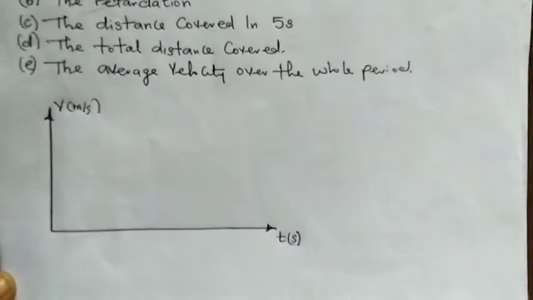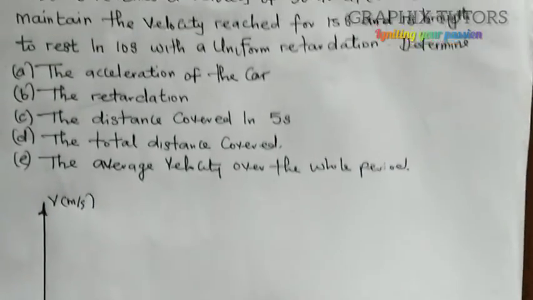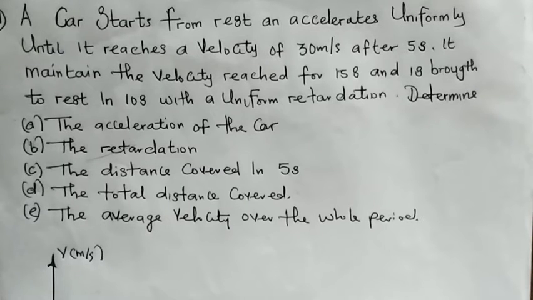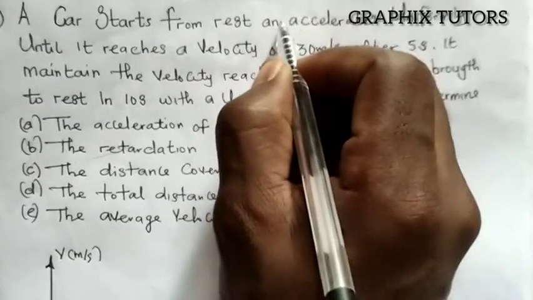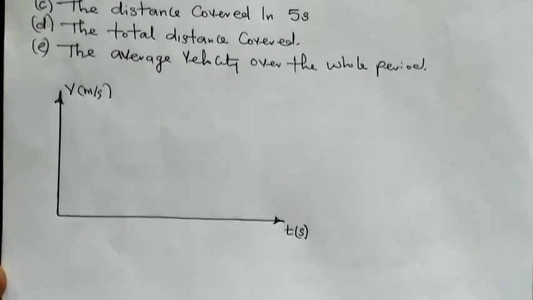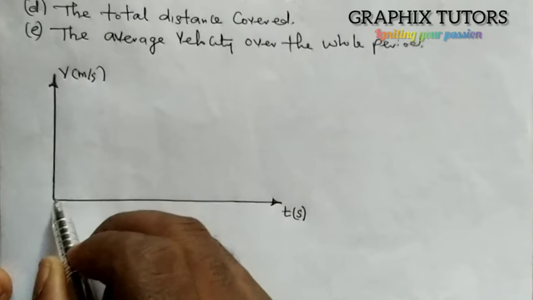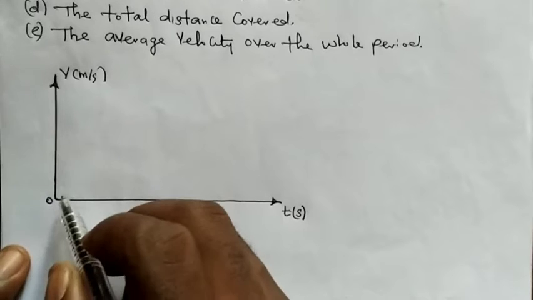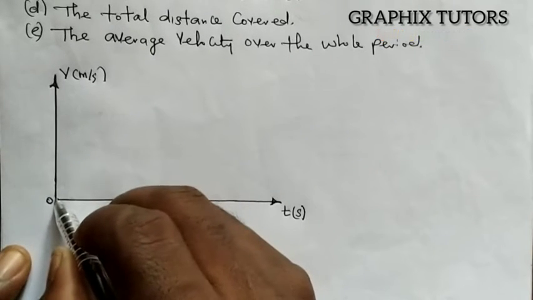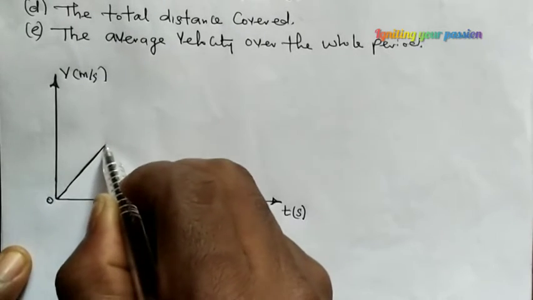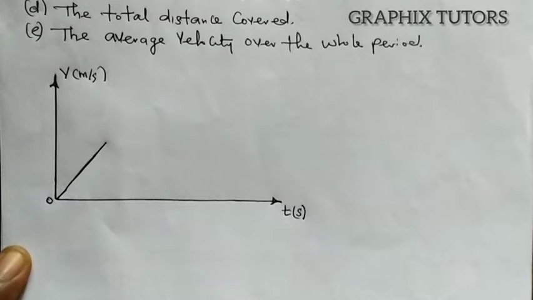Meter per second. Now it says the body, what did it say happen to the body? It says a car starts from rest and accelerates uniformly. It accelerates what? Uniformly. So since it's accelerating, we're talking about a velocity time graph, right? Your acceleration will start from this point, let's say our 0 here, at rest, and it will start accelerating this way, to start going up this way. Can you see that? So it shows that it is accelerating